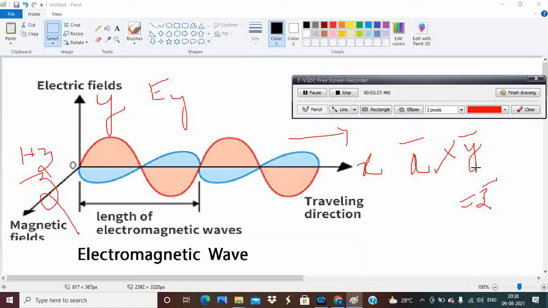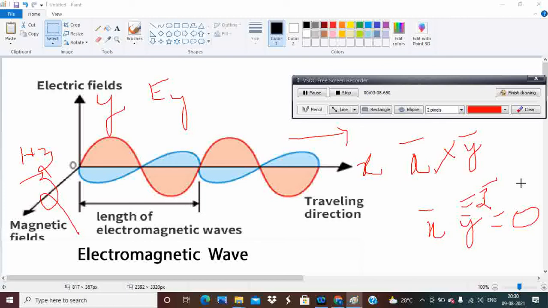That means the unit vector ax bar cross product with ay bar gives you the direction of the third unit vector, known as az bar. As from vector calculus, the dot product of two perpendicular vectors is always 0. Suppose ax bar dot ay bar gives you 0. That is the basic mathematics in these electromagnetic waves.